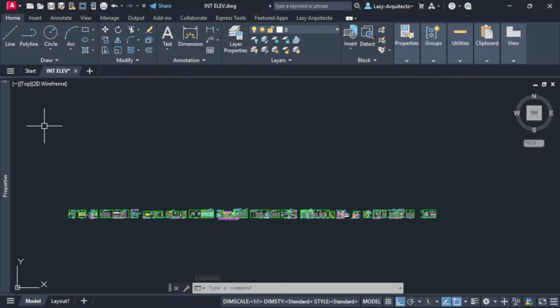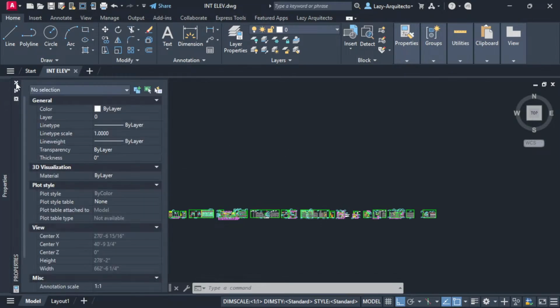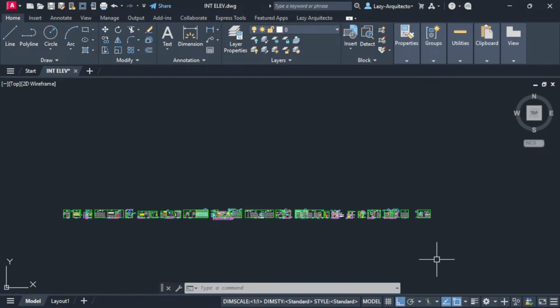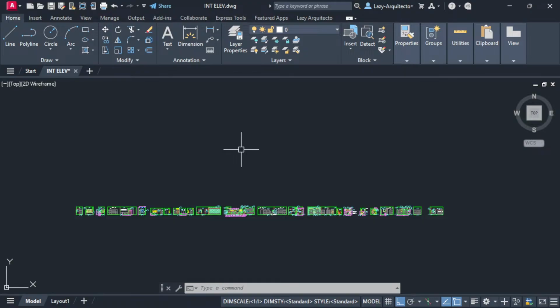So first of all, I'm gonna close my properties palette because it might be affecting things once we select our objects. The properties palette might be reading and trying to see how many objects there are and everything, so we don't want to make our drawing even slower than it is. So let's see what can we do now. All right, let's try